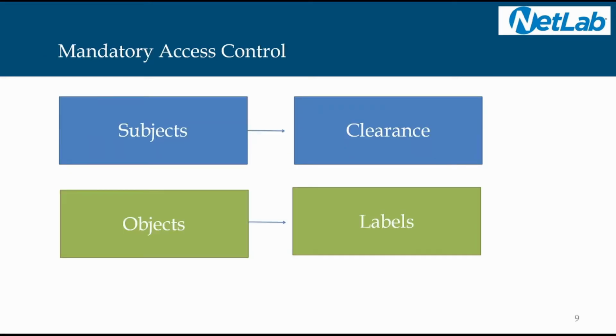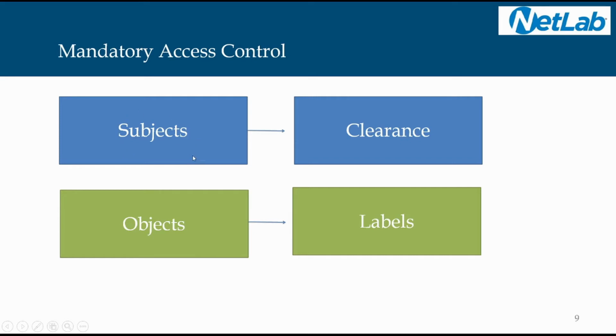In order to understand mandatory access control, let's understand what are subjects and objects. Subjects are the active entities in data access. Users are subjects. Any device or system which actively requests and accesses a file or another entity is a subject. The objects are passive entities. For example, if a user accesses a file, the user is a subject and the file is an object. What is being accessed is an object. Who is accessing is the subject.